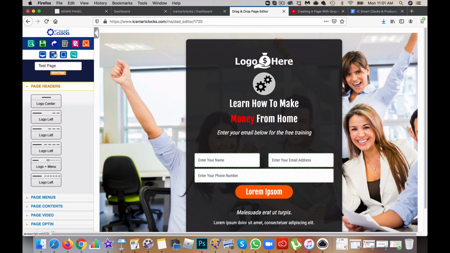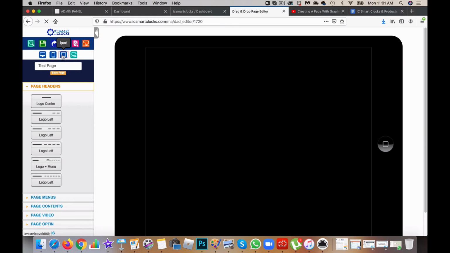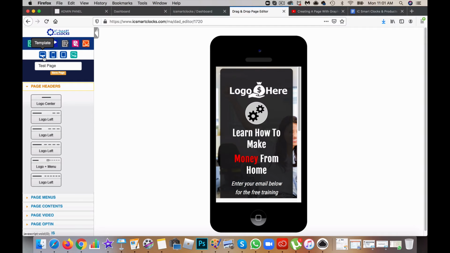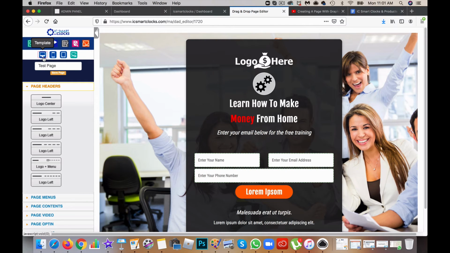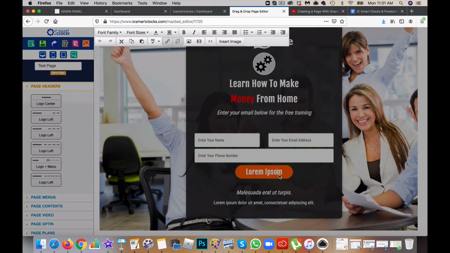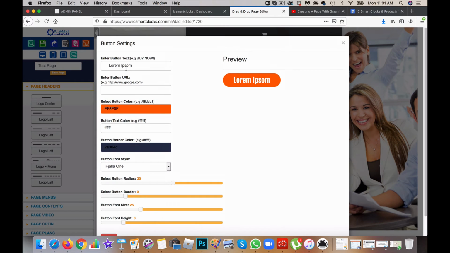And you can actually just go ahead and view what it would look like if it was on an iPad or an iPhone or a simple desktop. It's pretty simple. You'll also be able to change the color of this button or the name of this button, the words on it,